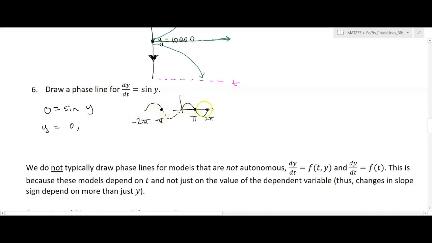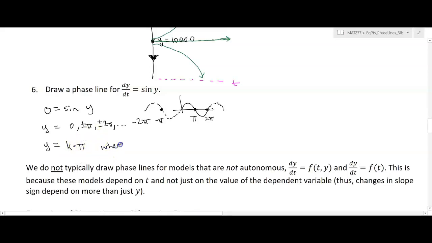And then at every increment of pi, it again reaches 0. So 0, we'd have plus or minus pi, plus or minus 2 pi, etc. And sometimes you'll see people write it like this. They'll say y equals something like n times plus or minus n pi. Or you don't even need to use plus or minus. You could just say something like k times pi,